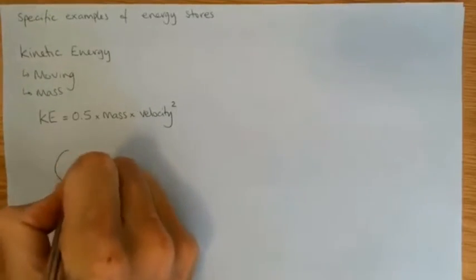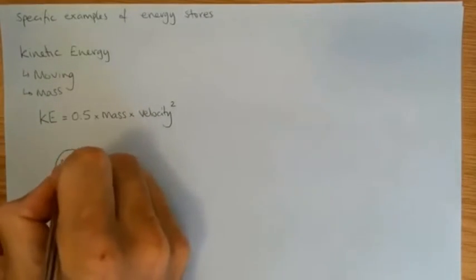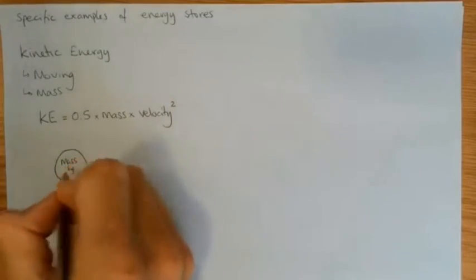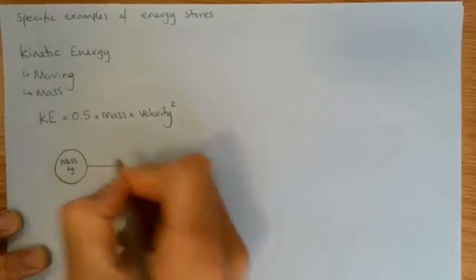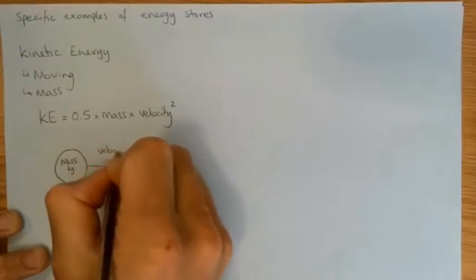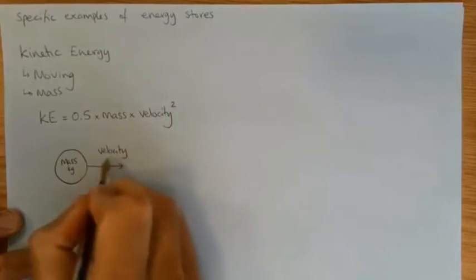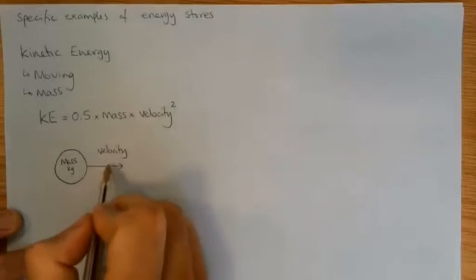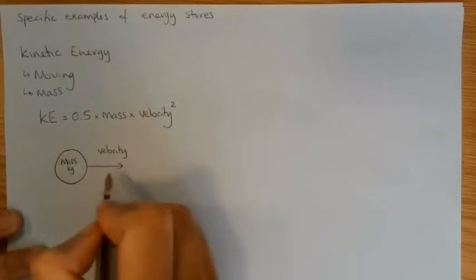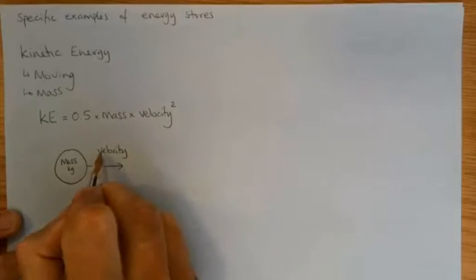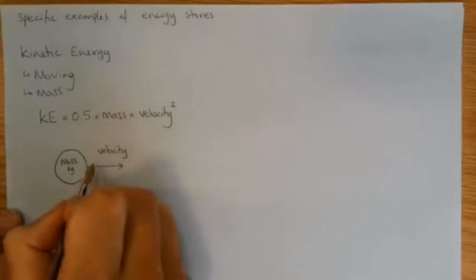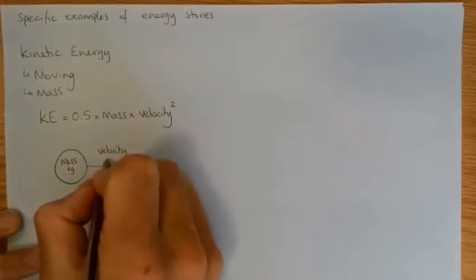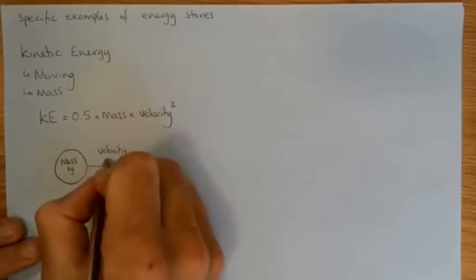If we have any object with mass measured in kilograms, and if it is moving at a certain velocity. Now you hear that word in physics, velocity. What it means is an object has a speed and a direction, so it's one word that links the speed and the direction. So here I've given the direction going towards the right, and let's say it has some velocity v,